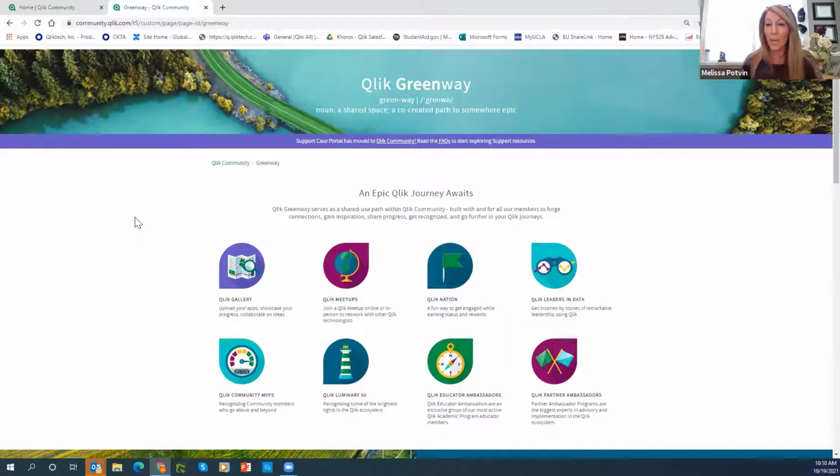We have our Qlik Luminary 50, which is an amazing program here at Qlik. We've got our partner ambassadors. So again, you can get as involved in community as you want. The decision on how far you want to take your journey with Qlik is up to you. And if you have any very specific questions about the forums or how to navigate throughout the community, we'll take those questions at any time today.